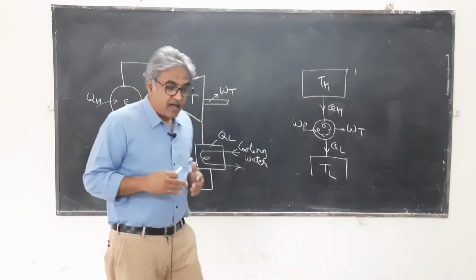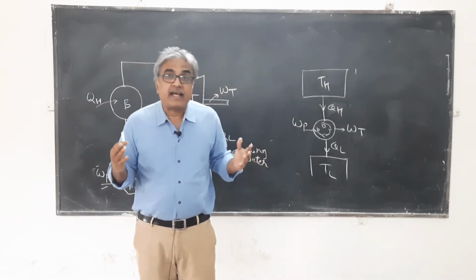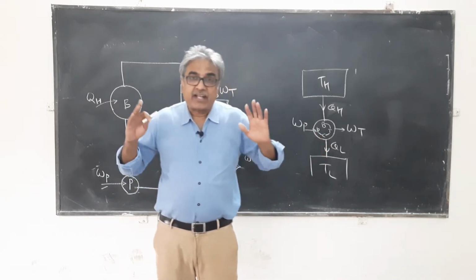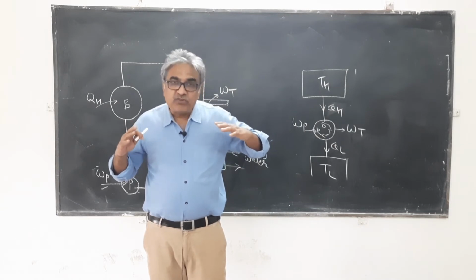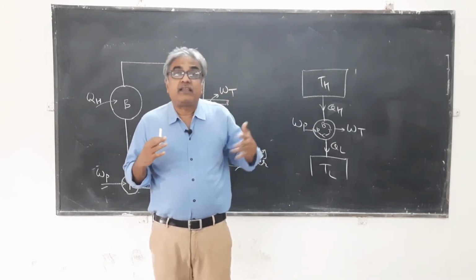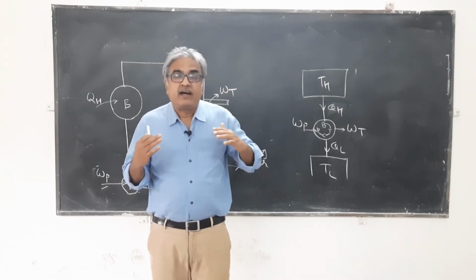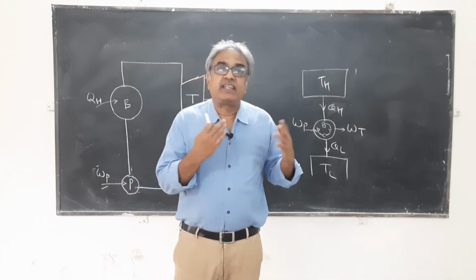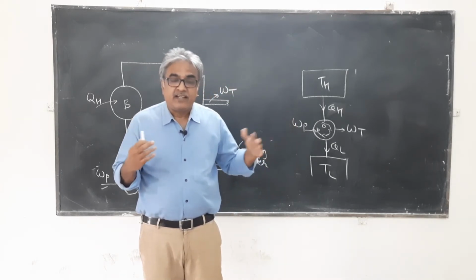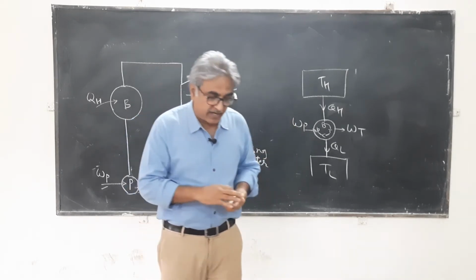This is how the Rankine cycle would work. Now, this is an ideal cycle. The actual cycle will be close to this, but it will never exactly match the ideal cycle. The Rankine cycle just becomes an ideal, a reference cycle. The actual cycle will deviate, we will come to that later.